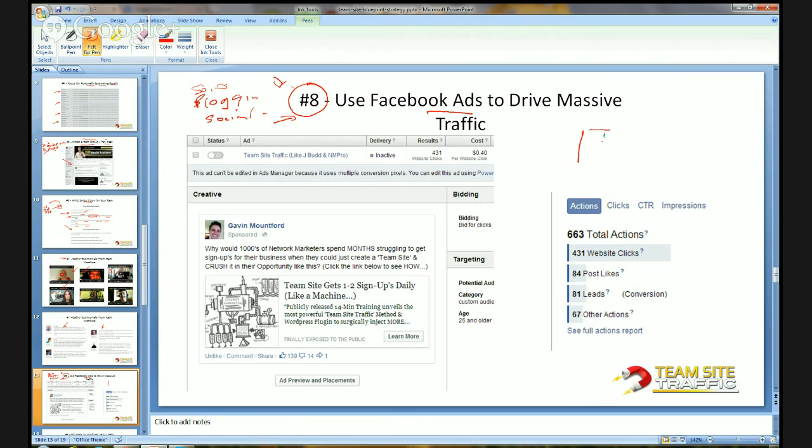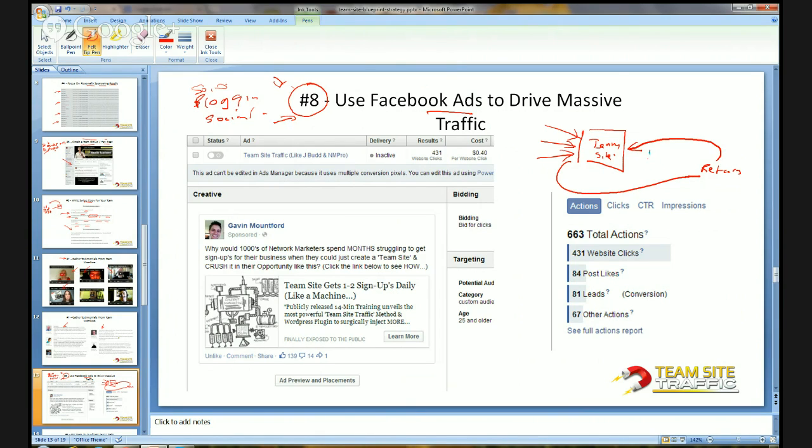And when traffic comes to the website, the team site, people are exposed to you and what you're doing. Many of those people will just bounce off. But if you've implemented retargeting, those people that came to the team site are all going to see the team site and you and your opportunity in their newsfeed and in their sidebar. And if you're talking about your opportunity, or if you're talking about your team, and every day somebody sees that advert,